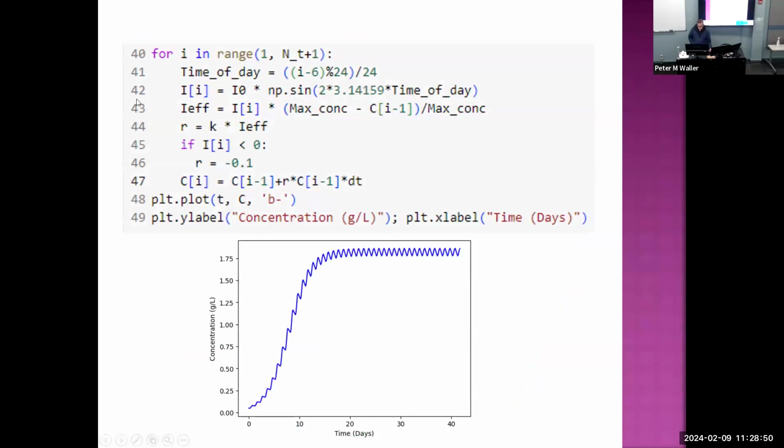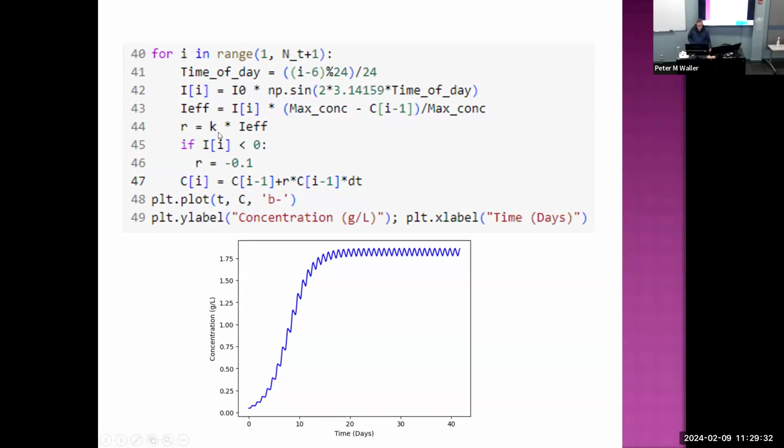Okay, let's look at the code. So what we did is I went to NT plus 1, for I in range 1 to NT plus 1. Then I calculated my time of day as a fraction. Then I calculated my I, based on I0 and the sine of time of day. Then I calculated my I effective by adjusting the I based on max concentration. Then I calculated my growth coefficient based on the effective light and the coefficient that I put in there